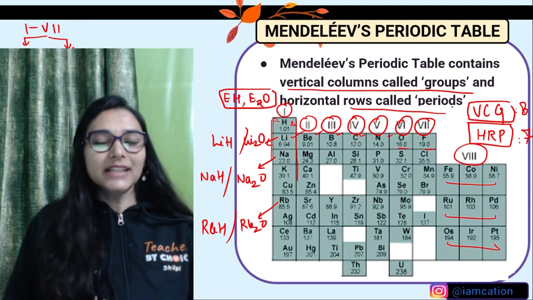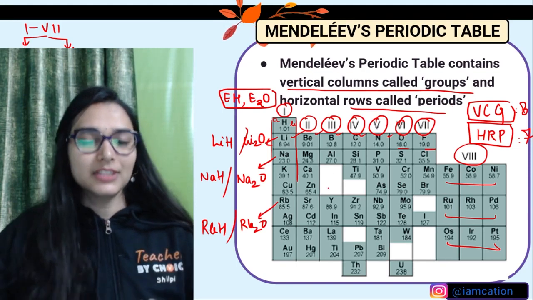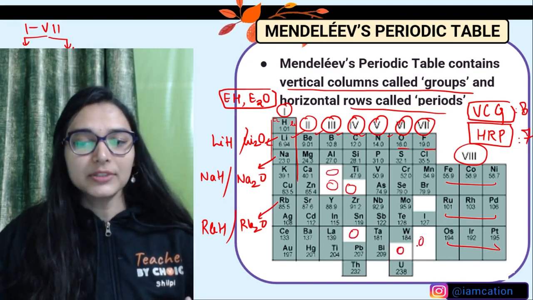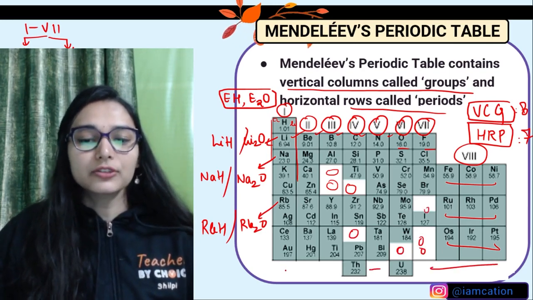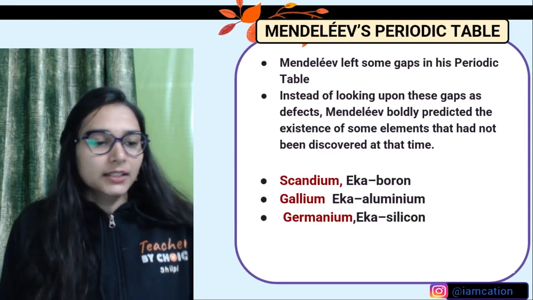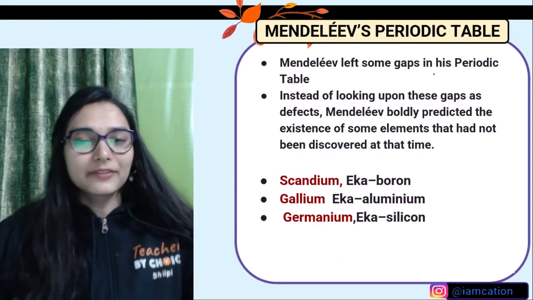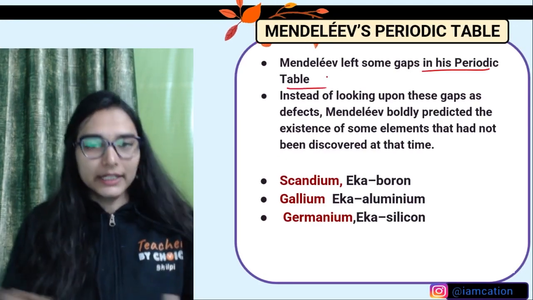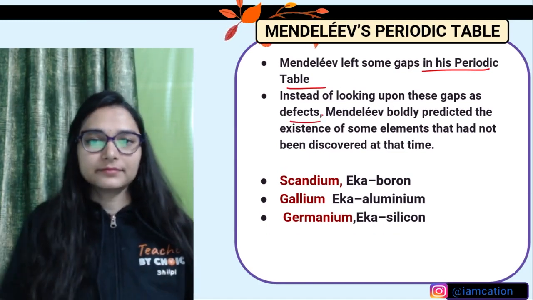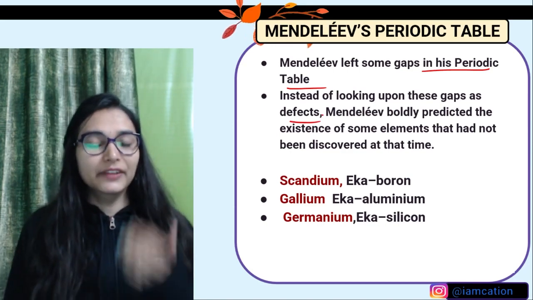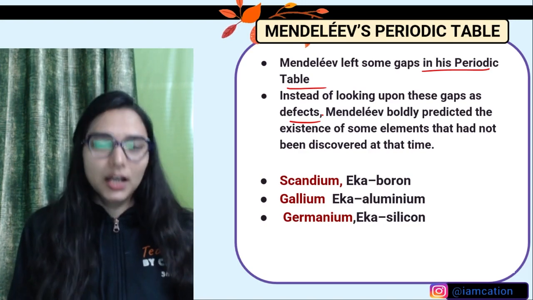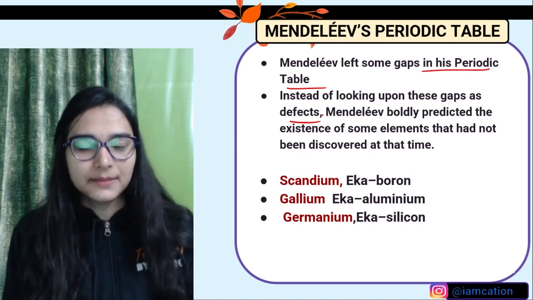And one more thing that you can see, there are some spaces in the table, lots of spaces. यहाँ पर कुछ element का gap है, यहाँ पर gaps are being left here also. So these gaps are left for the undiscovered elements. That was a plus point. Mendeleev left some gaps in his periodic table. Now, instead of looking upon these gaps as defects, these were not the drawbacks. Mendeleev intentionally left the space. Mendeleev was like, okay, I know that there